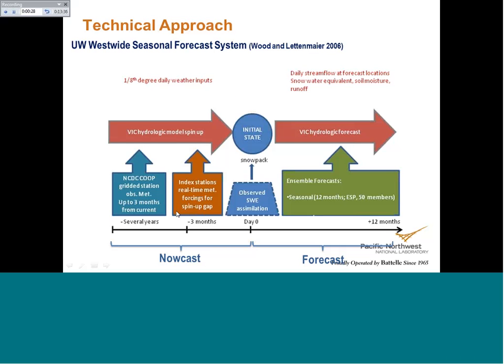there is an important component driven by initial conditions. So the accuracy of the forecast is to some extent dependent on the quality of how we derive the initial conditions and how well we simulated the past. So we have a spin-up of the hydrology model. It means that we force the hydrology model with near real-time and real-time observed meteorology. From this, we are creating an initial state of the hydrology of the basin, meaning that we have a certain amount in the snowpack, and we have a certain amount